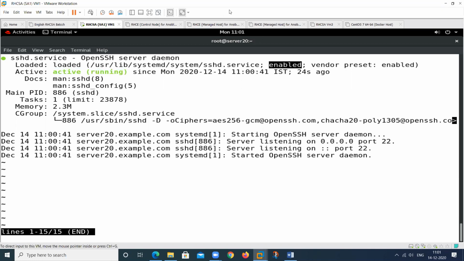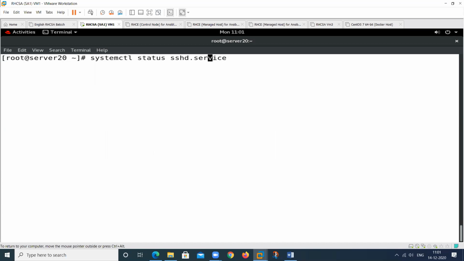So these two things, runtime and boot time. If we stop this particular service at the runtime, we can also stop this. But when we start the service, this enable condition will start this automatically. Then we want to check only the status. This service is enabled, this service is started, inactive.